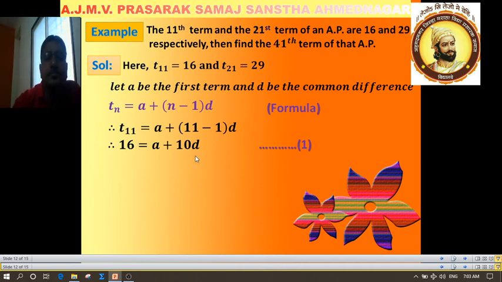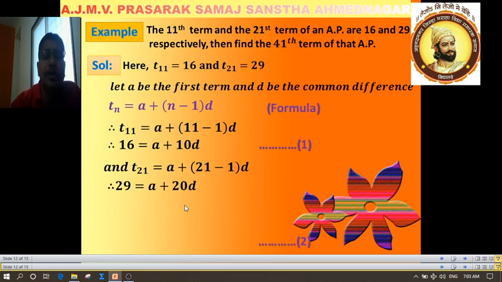Similarly, we know the 21st term. So find the 21st term from Tn. T21 is equal to a plus 21 minus 1 times d. Therefore, substituting the value of T21 as 29, 29 is equal to a plus 21 minus 1, means 20d. Equation number 2. Now see here, equation number 1 and equation number 2 are two equations in two variables